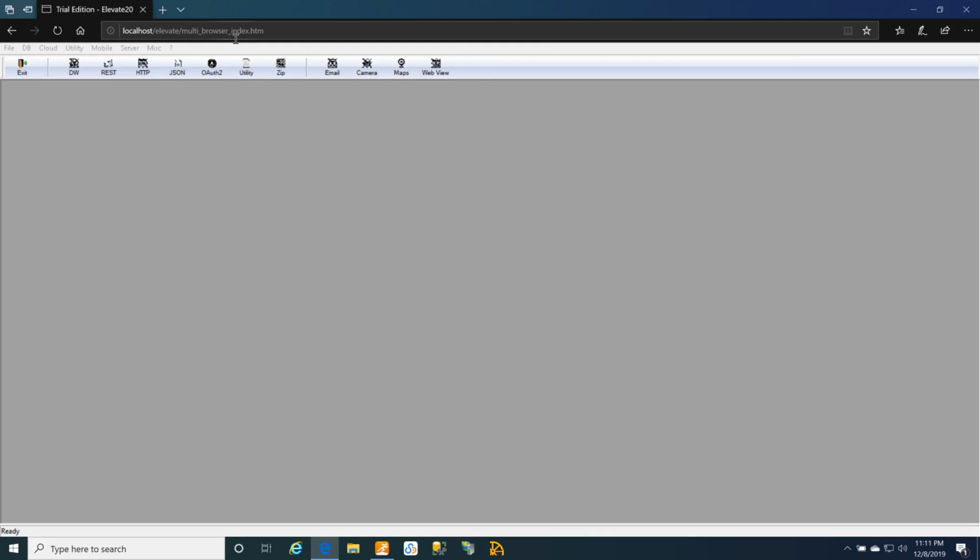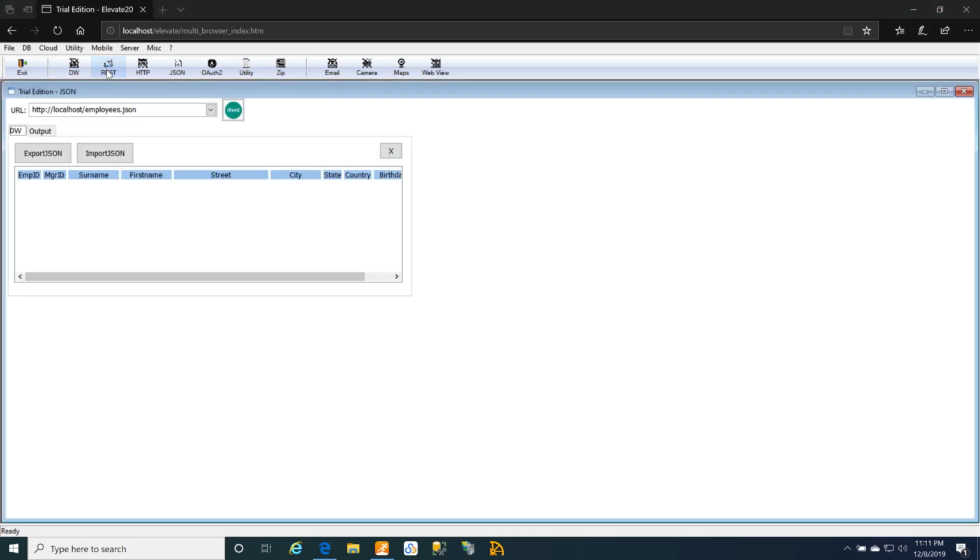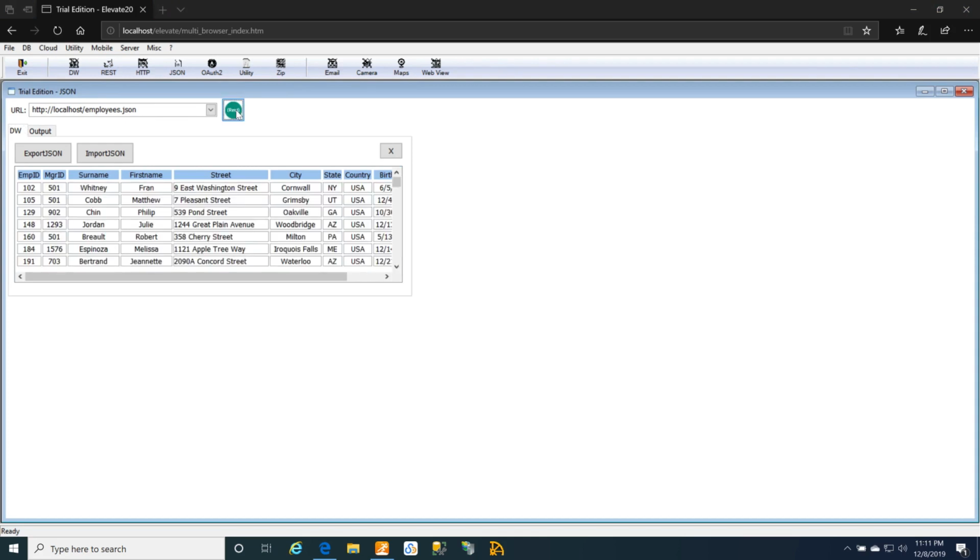So I will run the PowerBuilder application from within the web browser. Of course, this application has become a PowerServer application. I will start from the REST button here, which shows how easy it is to contact a RESTful service and fill a data window. Once you have the information in the data window, I remind you the RESTClient already parses